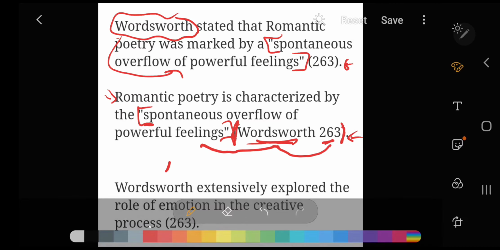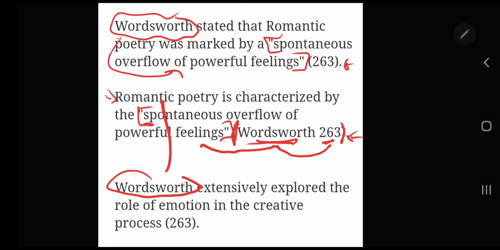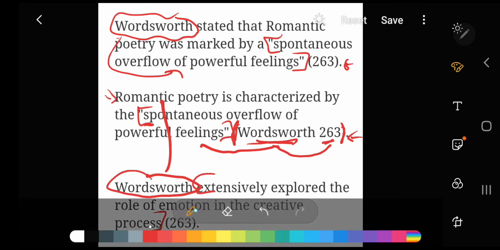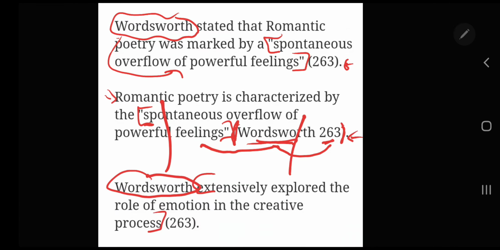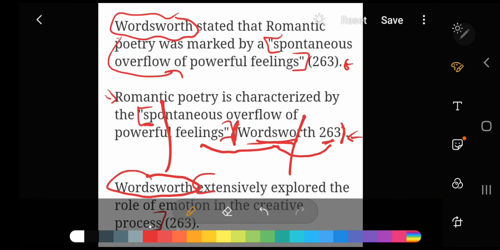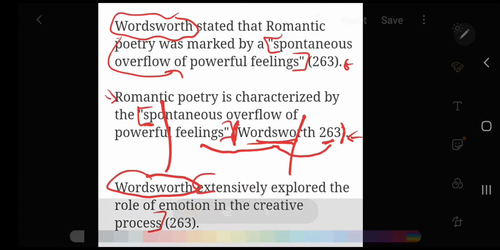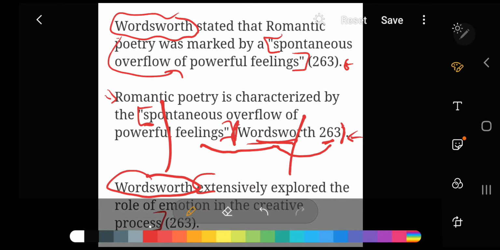Now, say I don't actually want to use a direct quotation. I'm still paraphrasing. It works the same way. You put the author. Now we have this paraphrase right here. And at the end, it's going to be a little tough for me to write down the bottom of the screen, but you have the parenthetical right there, 263 in parentheses. All three